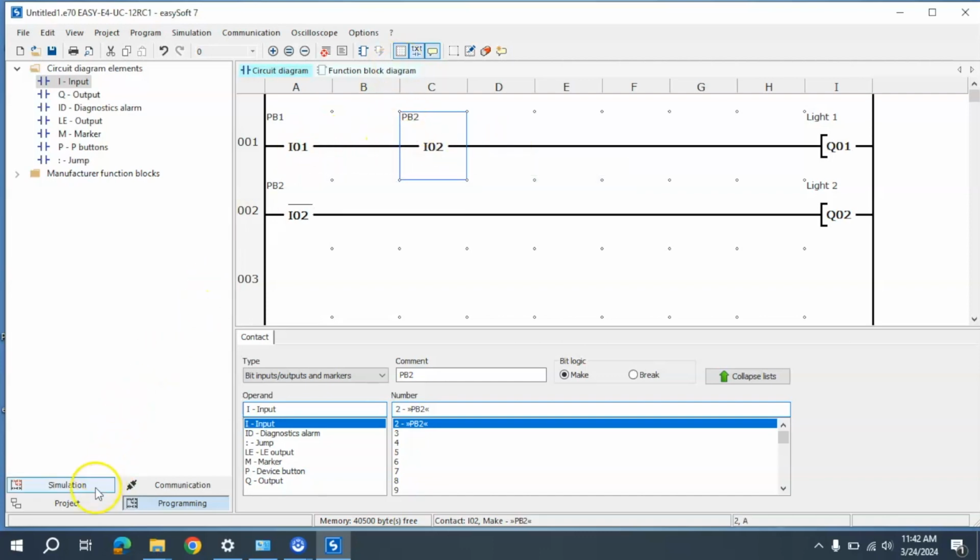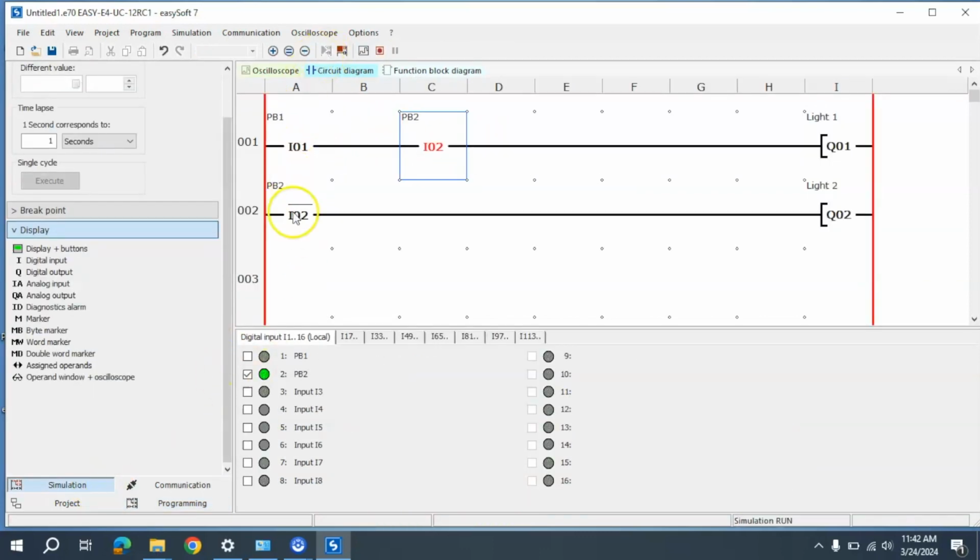So now if I go back to the simulation, start the simulation, what I can do is come here, I can activate push button 1, push button 2, Q1 came on, Q2 came off, because this went from being a true statement to a false statement, or this one, when I deactivate either of these, it will go false. So now that I have a program that's functioning, I need to send it over to the PLC,